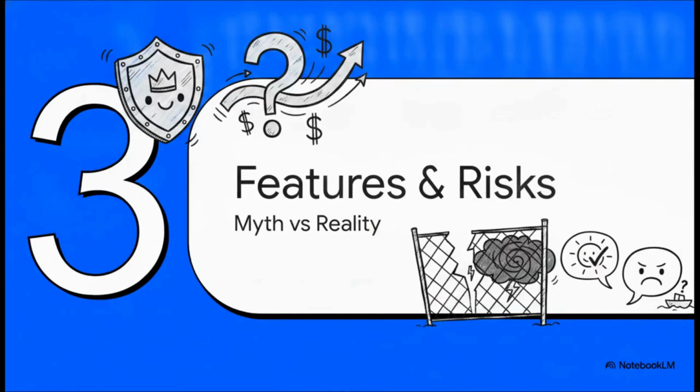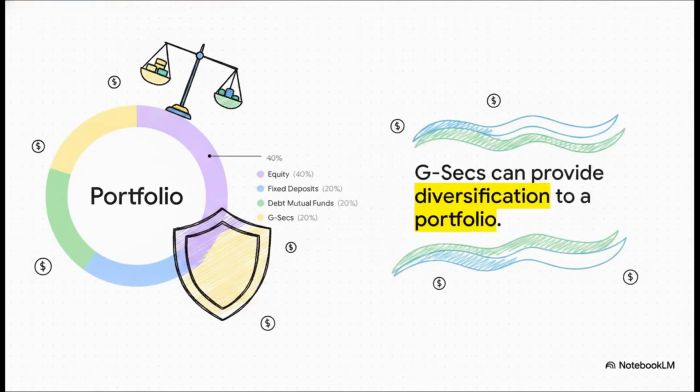Section 3. Features and key risks. And this brilliantly illustrates how G-Secs act as a powerful fixed income diversifier within your broader portfolio. Because central government securities are fully backed by the government of India, they carry an incredibly low credit risk in the domestic market. For an investor who already has a lot of exposure to wild, volatile equities, adding a structured slice of government securities balances out the risk beautifully. It acts like a reliable anchor. Though, of course, that always depends on your own individual financial goals and your overall investment horizon.